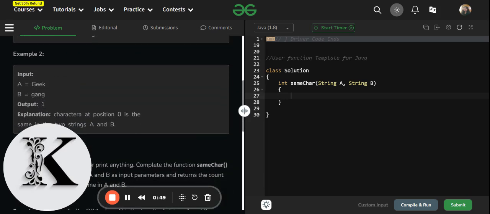Same case for example 2, where we are given a string "geek" and string B "gang", where only the first letter at position 0 is equal.